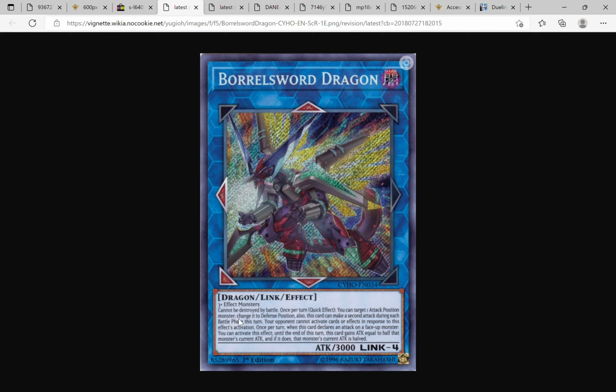It allows you to chain a monster to defense position, and then allows you to make a second attack. So that's how you get two attacks out of it. And then once per turn, when this card declares an attack on a face-up monster, you can activate this effect: until the end of this turn, this card gains attack equal to half of that monster's current attack, and if it does, that monster's current attack is halved. So basically, you're able to target a monster, put it in defense, attack twice,